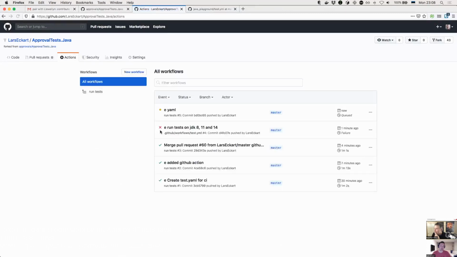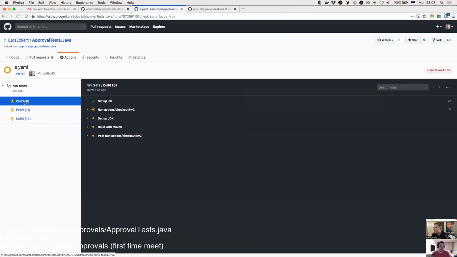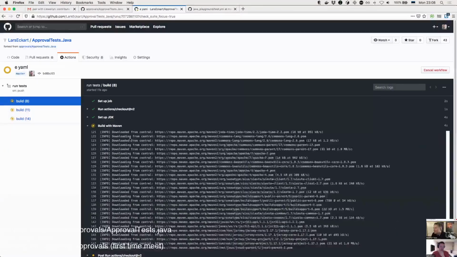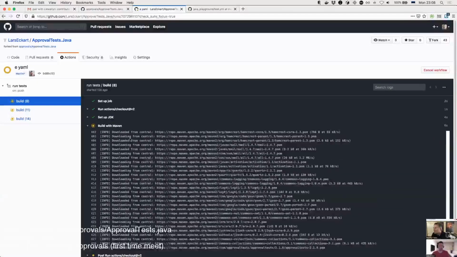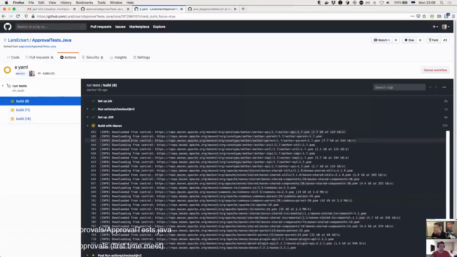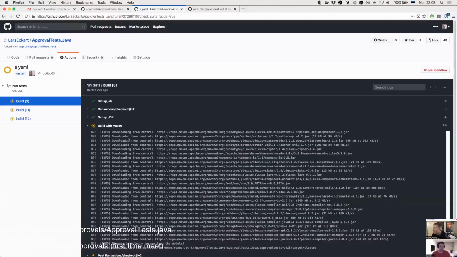Actions. Now they are running, and one sees 3 different versions. I think that's really neat. I like that. Yeah, this is fantastic. Thank you.